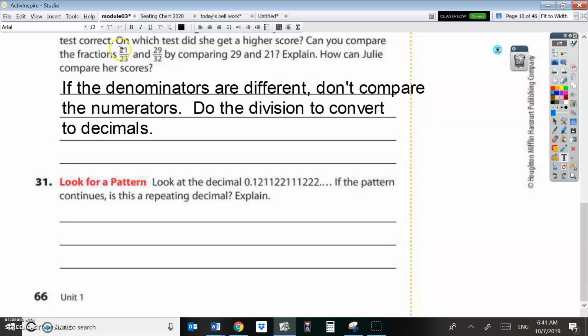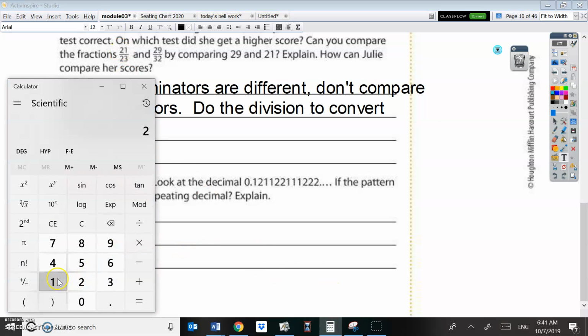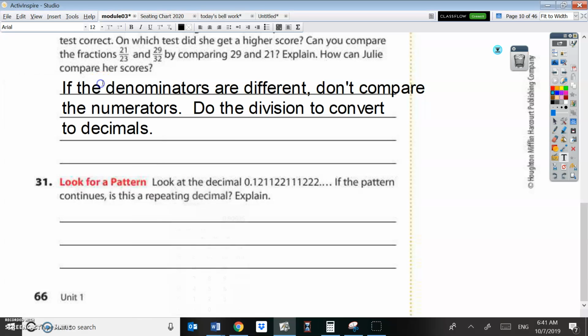okay, just look at that. 21 over 23. It's a 91% on that one. And then 29 over 32 is a 90%. So they're really close. But, yeah, you can't compare. Look at the decimal